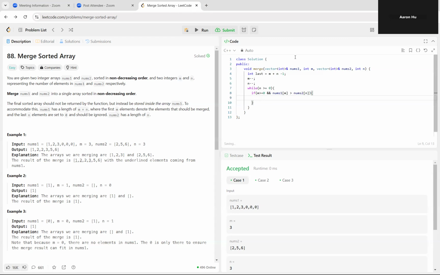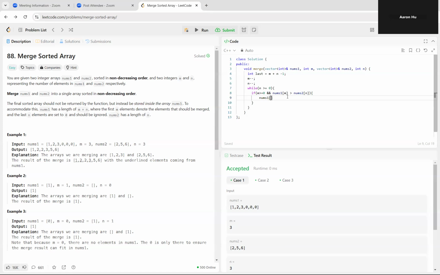So this is basically saying that if the last integer of the array nums1 is bigger than the last integer of the array nums2, then